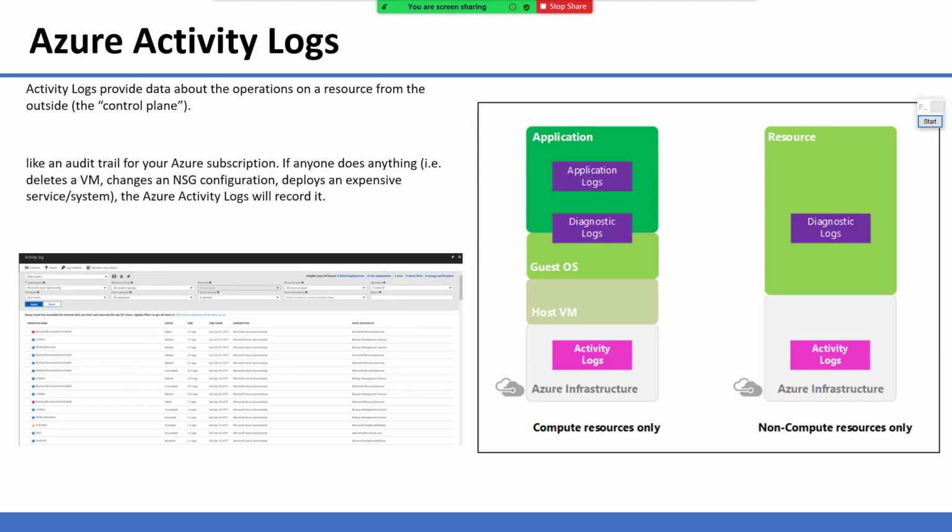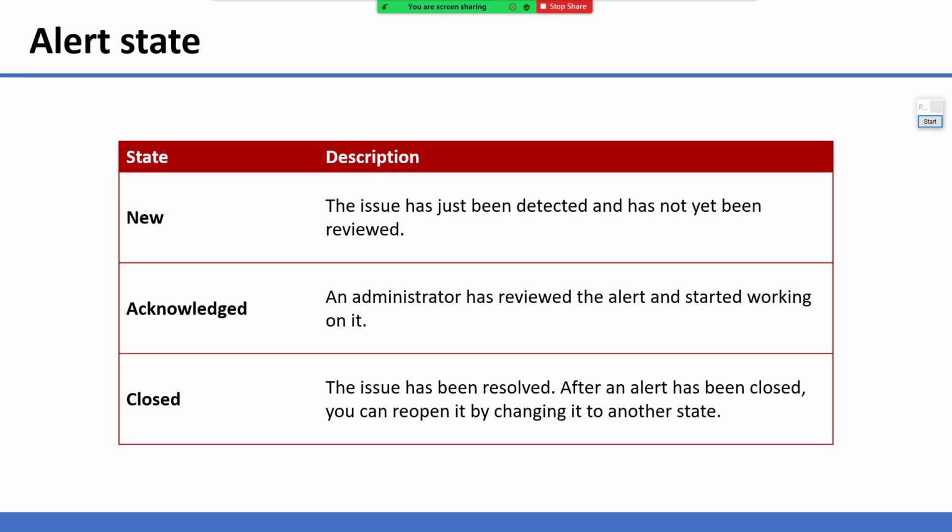Now Azure activity log. Yeah, you want to ask something? No, that's not. For that you have to use a third party, like it is under processing, under provision, under testing kind of thing. No, that's not. That should be a third party.